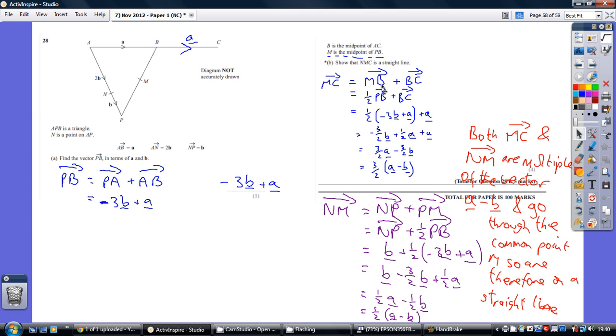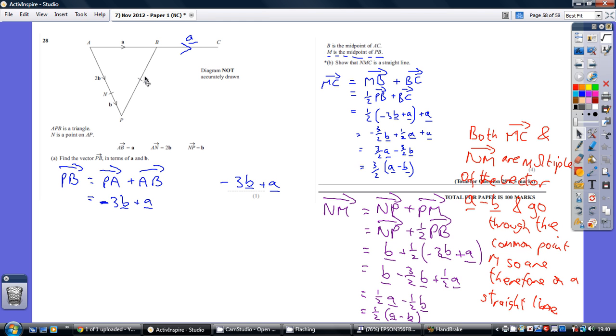Now for part B this is much more difficult. We've got to show that NMC is a straight line. So basically what you want to do here is work out the vector NM, work out the vector MC, and first of all prove that they're parallel. Now if they're parallel they are multiples of the same vector. So you're basically going to want to work out NM, MC and show that they're multiples of the same vector,